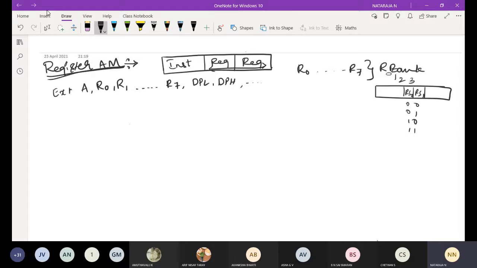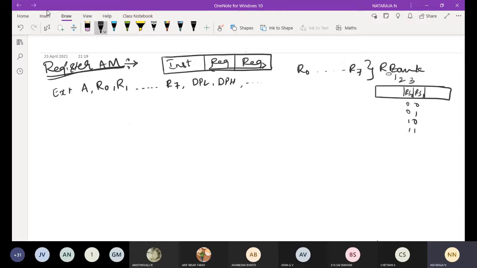Okay, got it, everyone? With respect to the program status word bits RS0 and RS1, by making use of them, we are going to select the register bank. If it is register bank 0, we are going to use R0 to R7. In bank 1, R0 to R7. Same in banks 2 and 3, R0 to R7, we are going to use those registers.